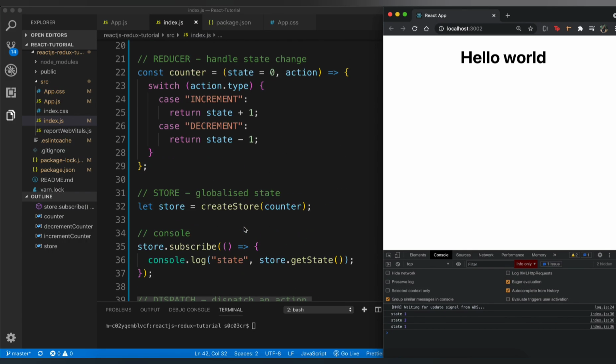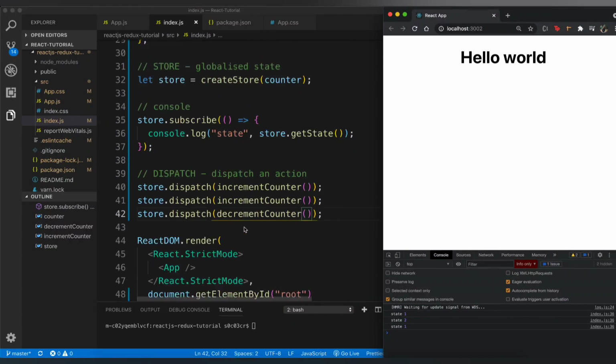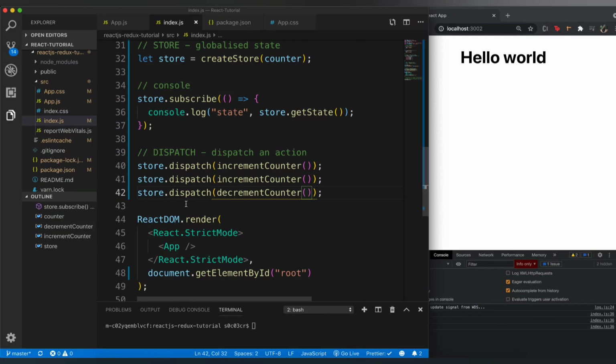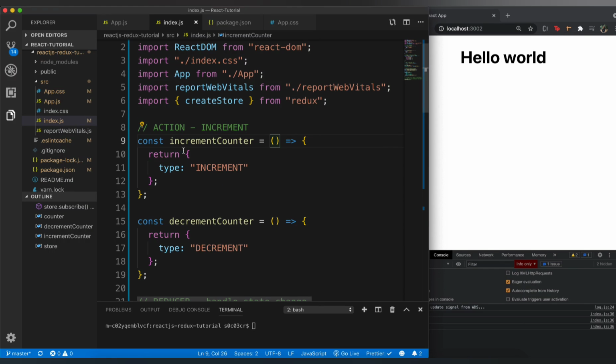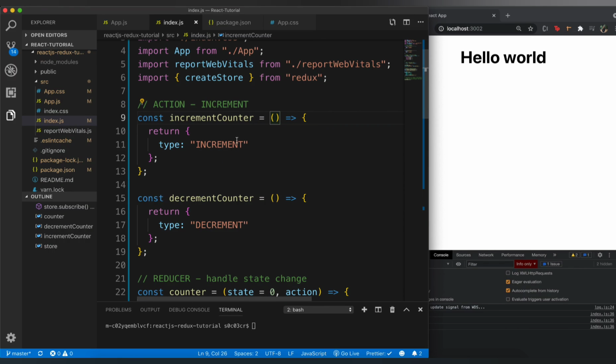So we have written all this piece of code. Let's see how the flow actually works. So this is how the flow works. First of all, somebody actually wants to dispatch an action because they actually want to execute. This is how the execution is going to start. So first I say that I want to dispatch the increment counter function, right? So we are actually executing this increment counter. If I go to the definition of increment counter, I'm simply returning an action.